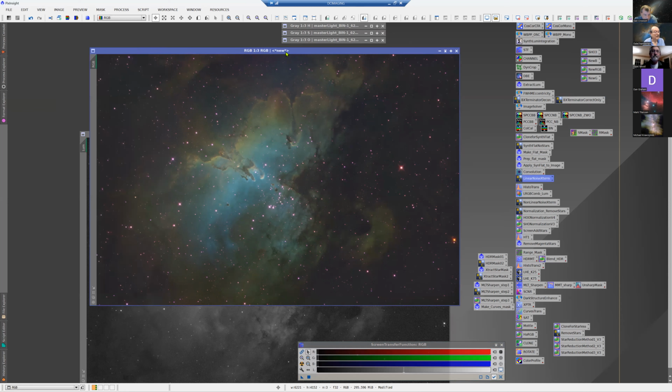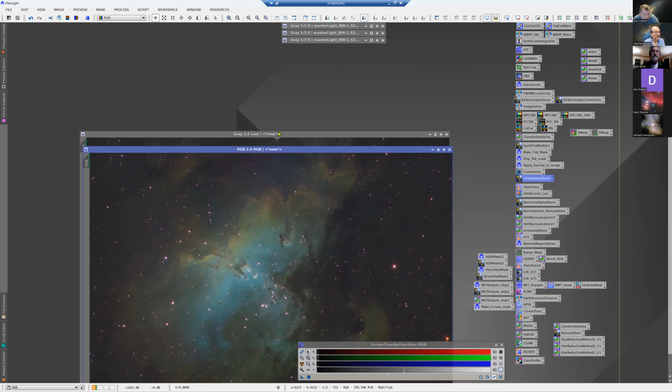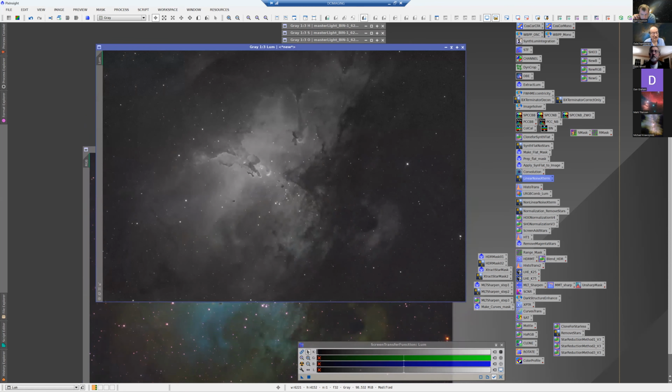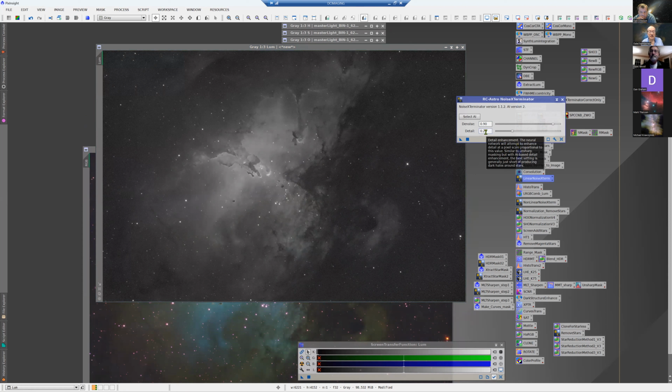Okay. And then I'm going to do the same thing for the luminance. You might open it up to show us what it looks like, the actual Noise Exterminator screen or dialog box. Yeah, it's very simple. Again, I just take the defaults. Denoise is at 0.90, detail is at 0.25. I find that works well enough. I mean, you can play with it if you want. You might have some cases where you can get improved results by adjusting those, but